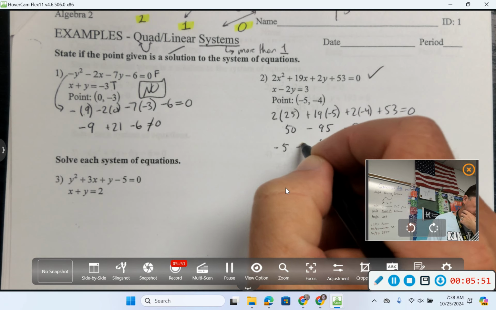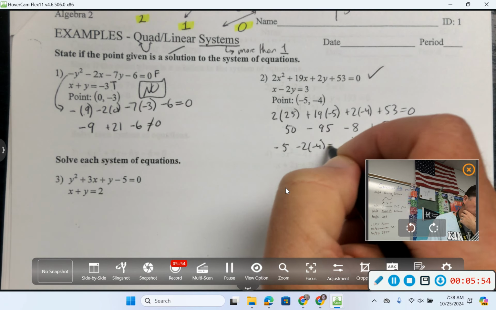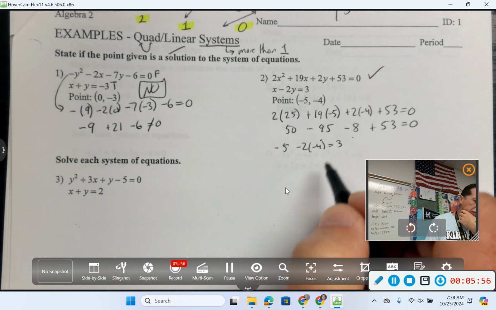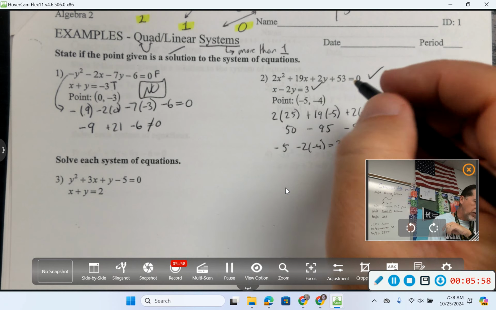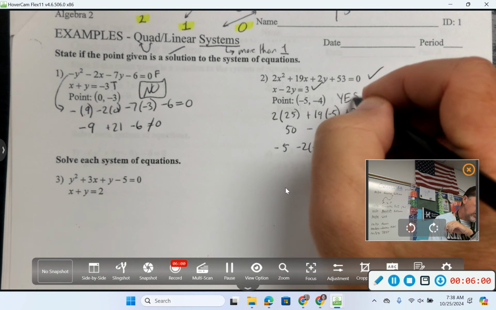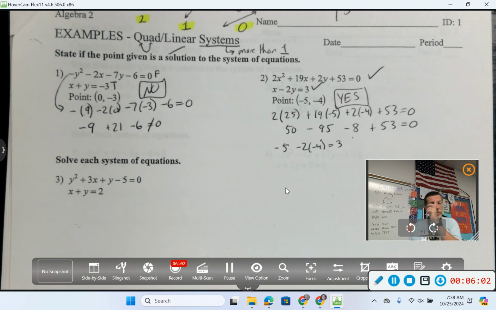Negative 5 minus 2 times negative 4. Negative 5 plus 8 is 3. Yes, that is true. So yes, that point is on both the parabola and the line, so it is a solution to that system